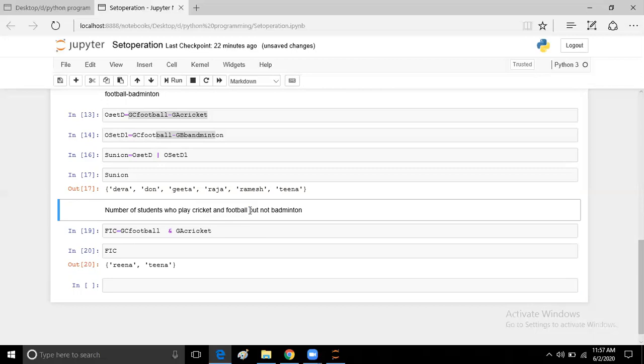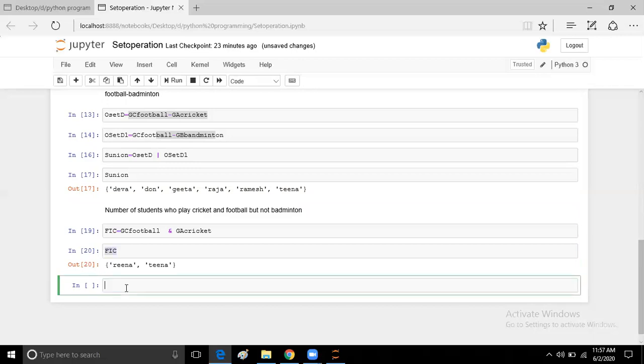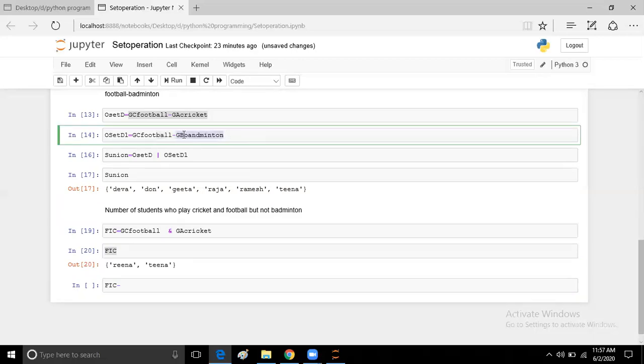Now the remaining part, but not badminton. We have to subtract badminton from the output of this first FIC. So this is FIC minus; we have to eliminate the players who play badminton. We have the group badminton with us.